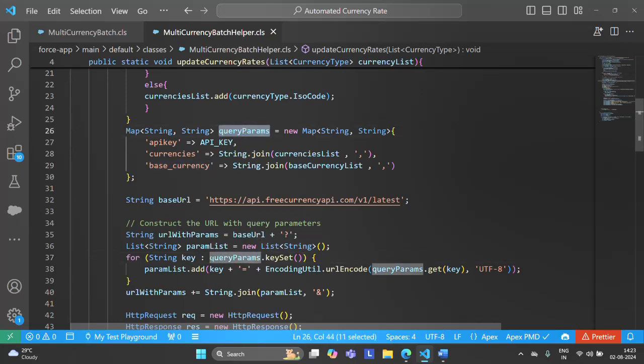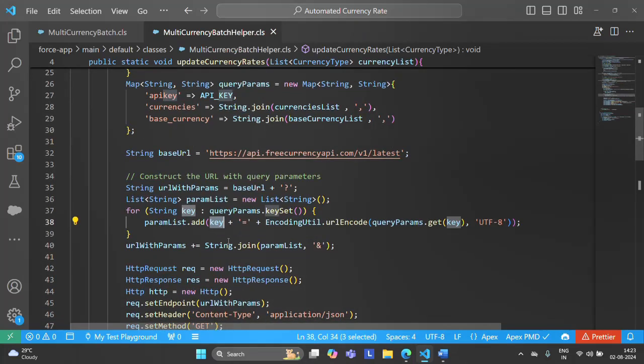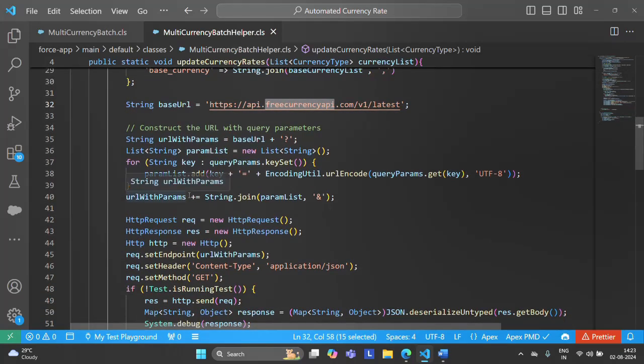Just loop over this and add to the param list key equal to value as a string, and encode it using UTF-8 format. After doing this, just write string.join and add those parameters to the base URL. So it's done. Our whole URL with params is stored in this variable.